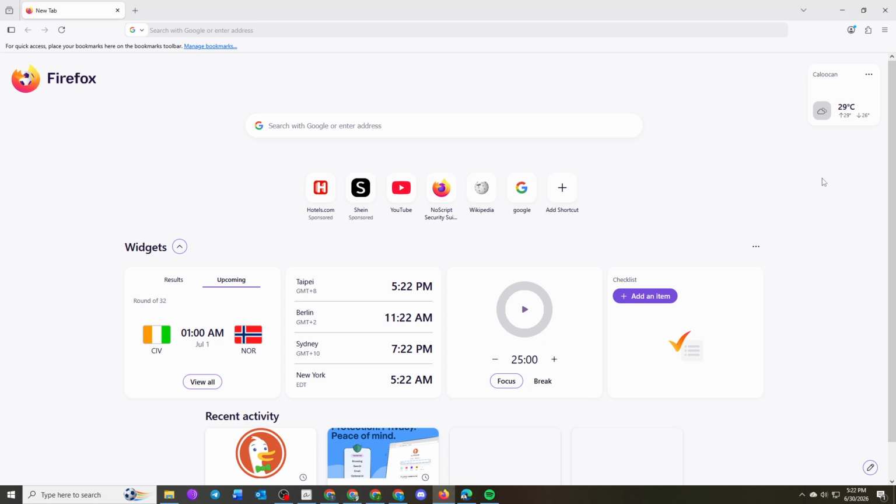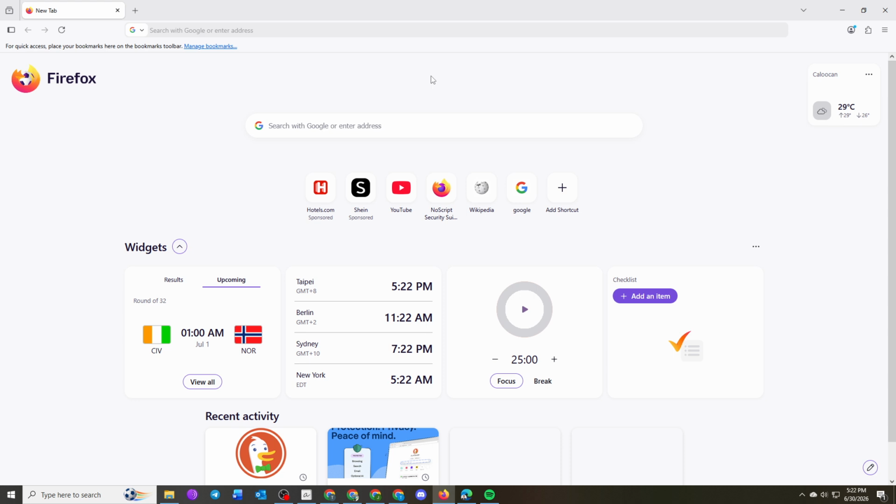In today's video, I'm going to teach you how to use Firefox Assertive Default Browser Push on Windows. If you're using Mozilla Firefox on a Windows computer, you may notice a feature called the Assertive Default Browser Prompt. This feature is designed to encourage you to make Firefox your default web browser by displaying a more prominent prompt when Firefox isn't currently set as the default. In this tutorial, I'll show you where to find this setting and how to enable or disable it based on